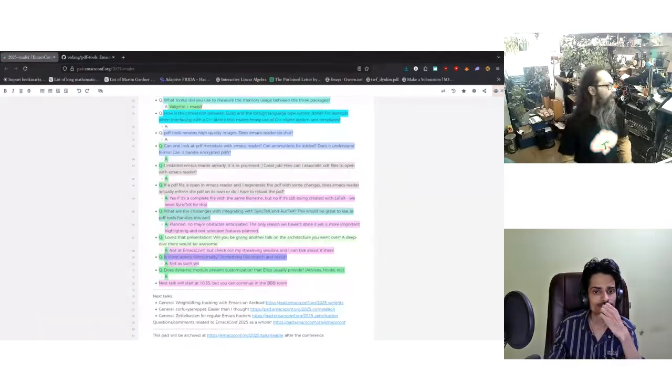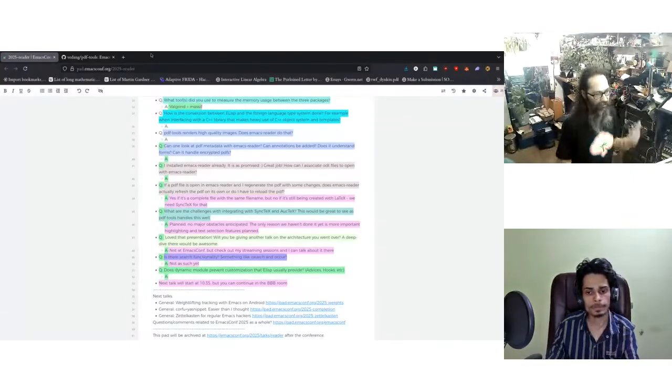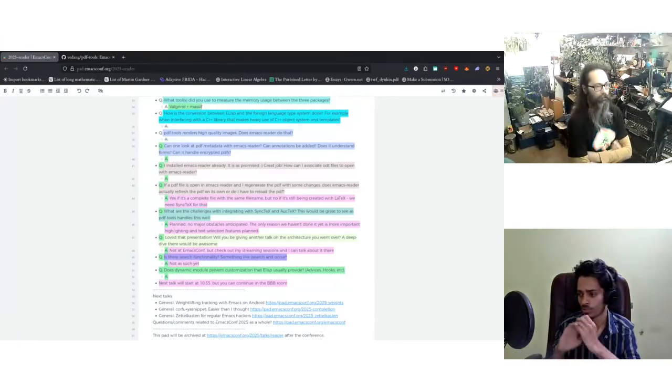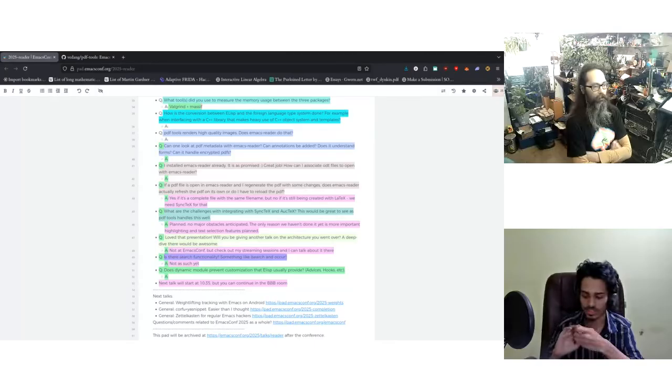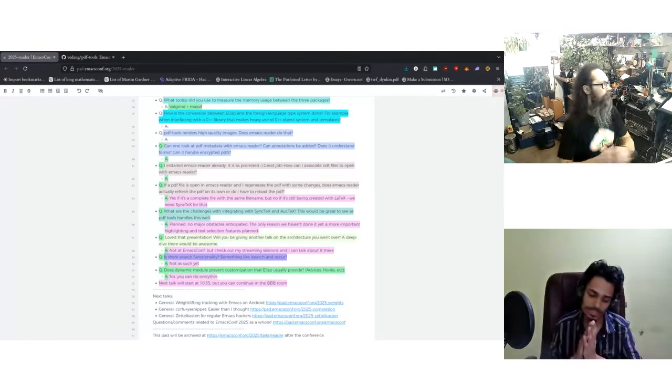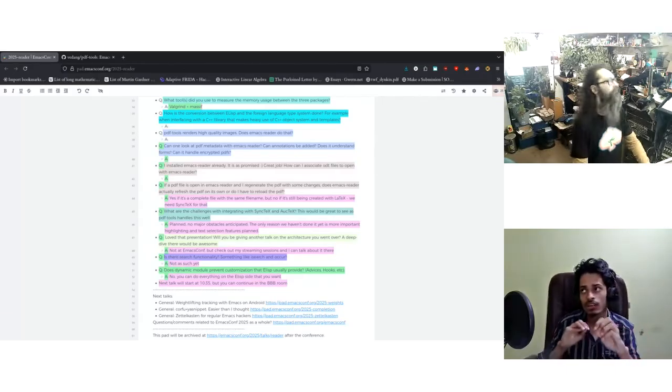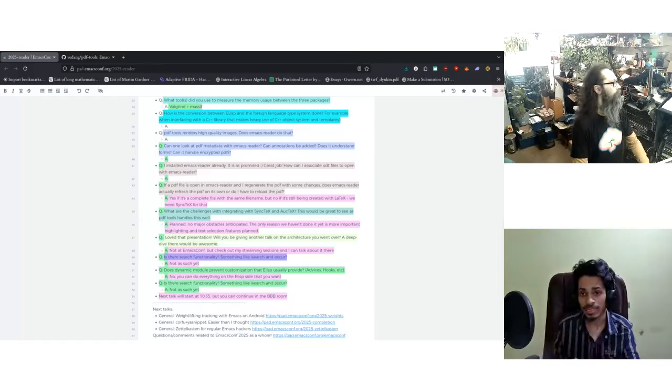Does the dynamic module prevent customization that Emacs usually provides, advice, hooks, etc., or does everything just kind of work? No, if you have a dynamic module, it doesn't limit you from doing anything. You can do everything on the ELisp side that you want, and you only take care of certain things on the dynamic module side. If you're asking whether you can do advices, hooks, and all of that from the dynamic module itself, that's a bit tricky